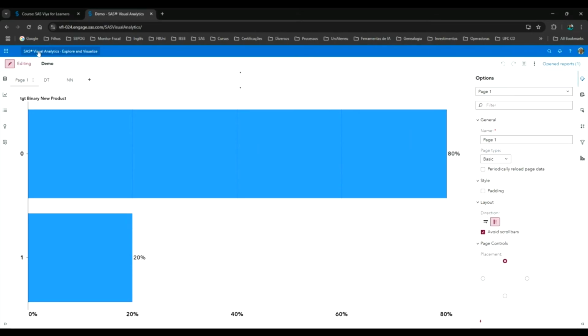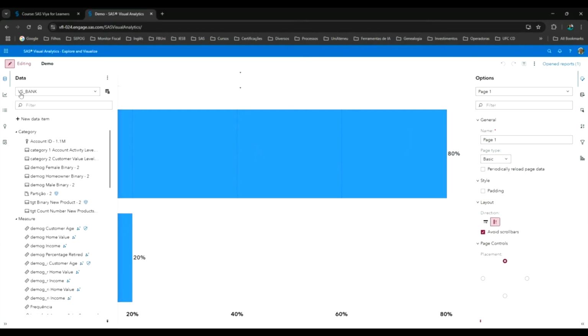This is SAS Visual Analytics, known now as SAS VA. And I'm using a very famous data set in SAS environments, VS Bank. This data set is used in various trainings from SAS.